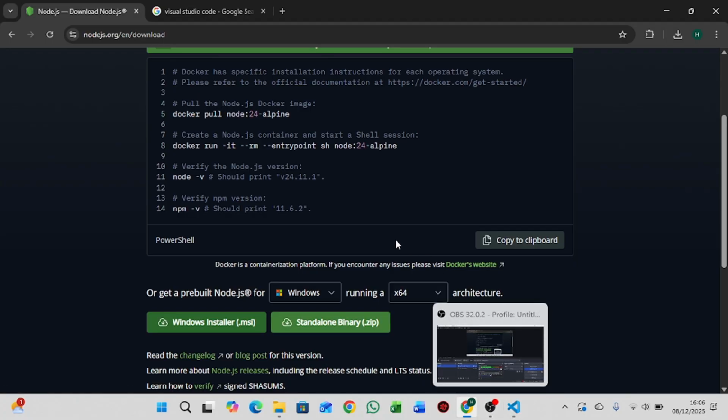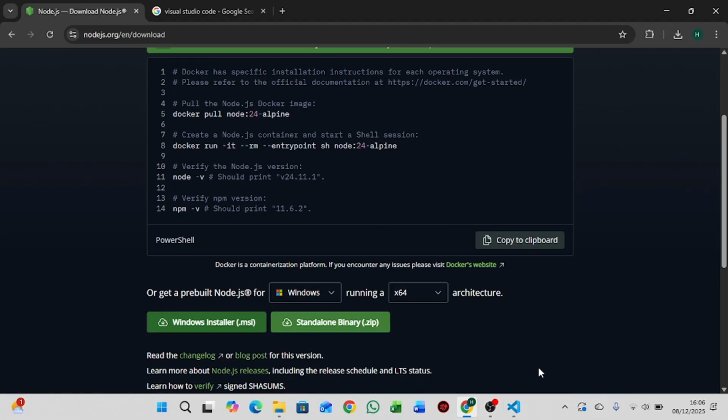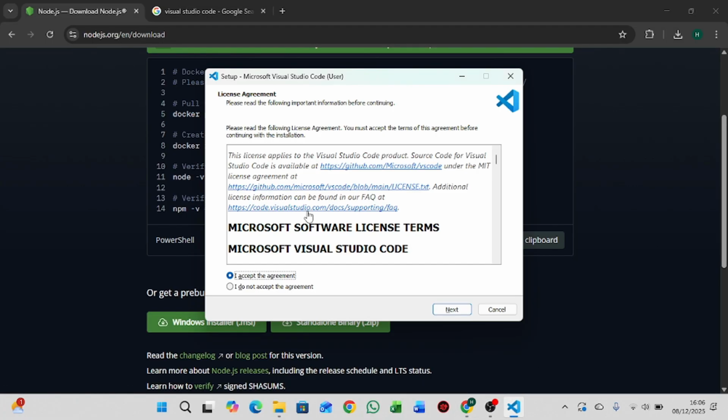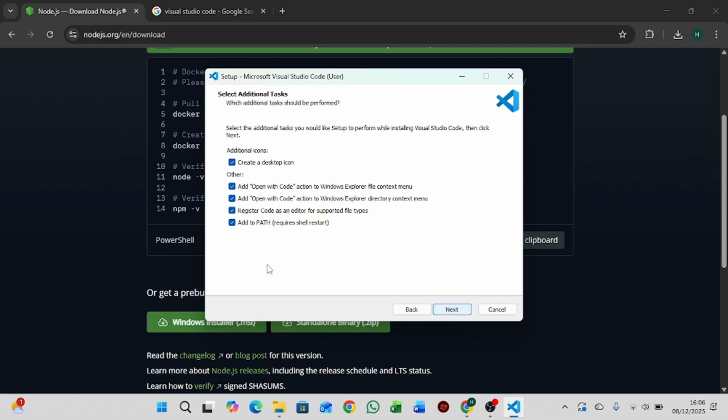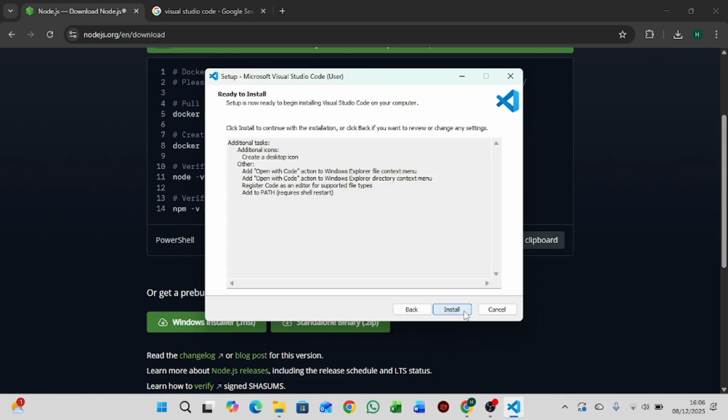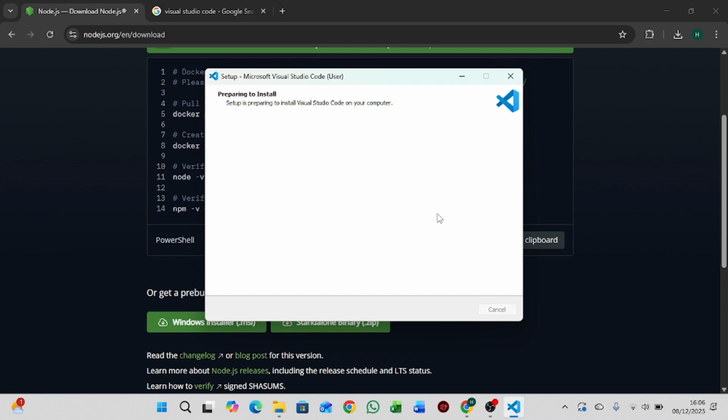And the next thing is Visual Studio Code. I already have mine installed, but let me go through this process of fully setting it up. So I accept the agreement, then create a desktop icon here. So I'll have mine installed. Those are the two most important things you need to get up and running with building our Node.js